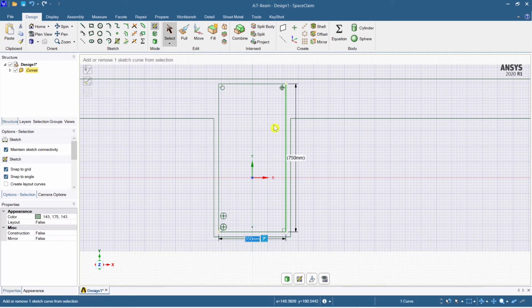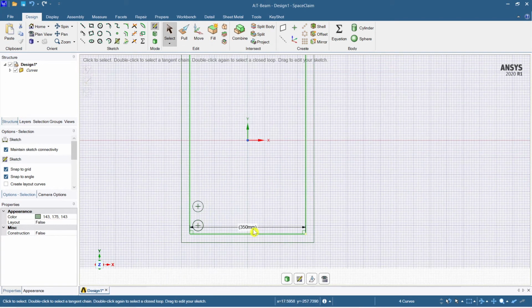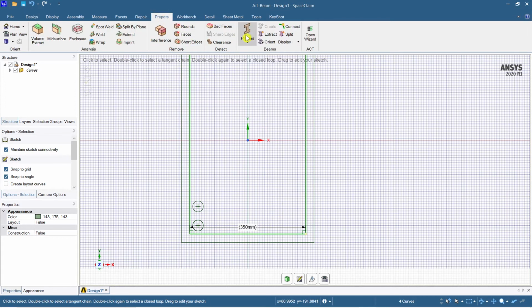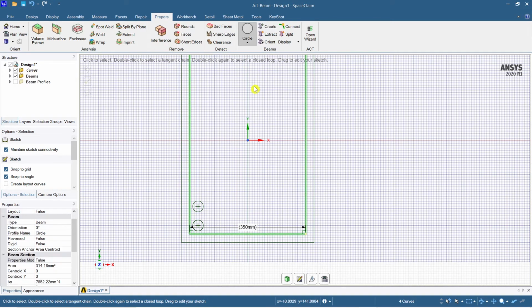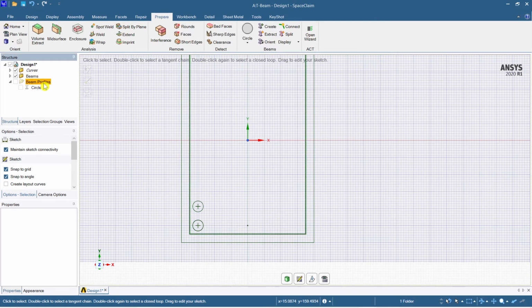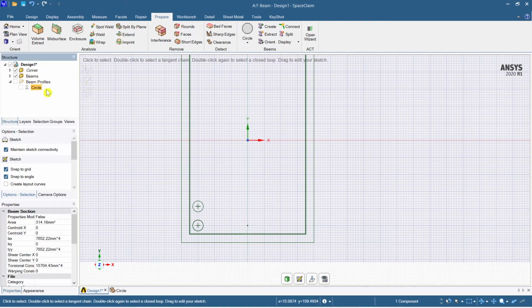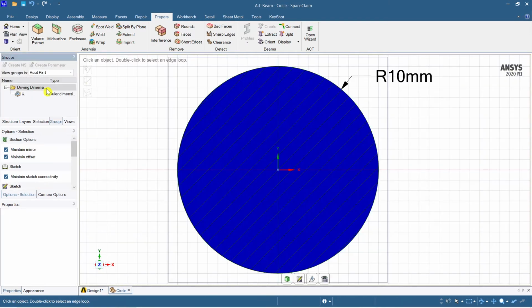Now select these parts and prepare them to have circular profiles, circle. Okay, fine. So we'll have a beam profile, circle, edit beam profile, and now we have the radius here as 10 mm.